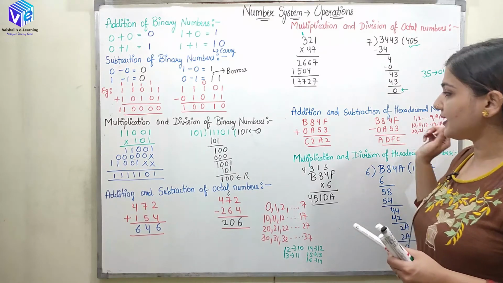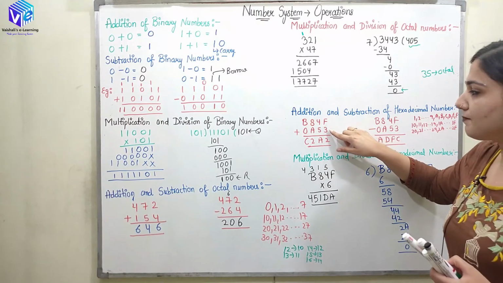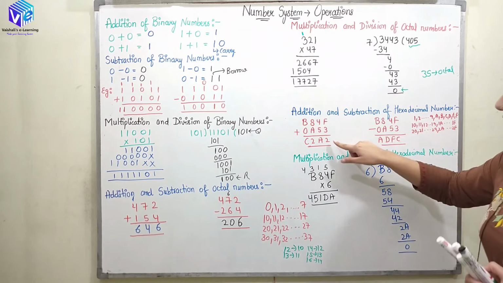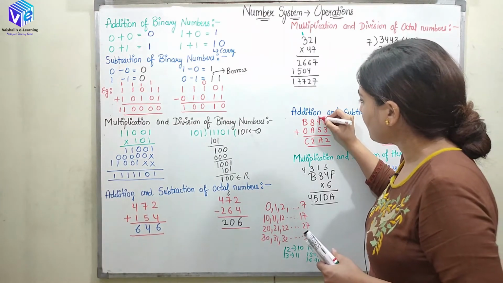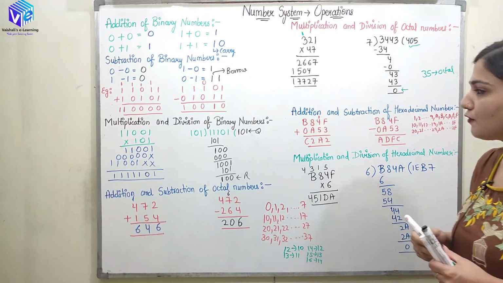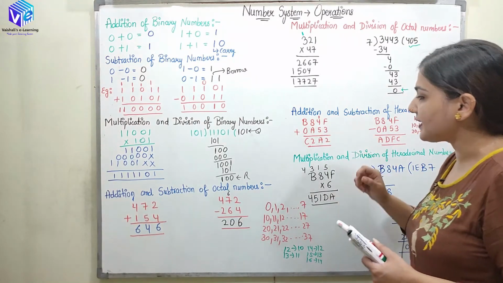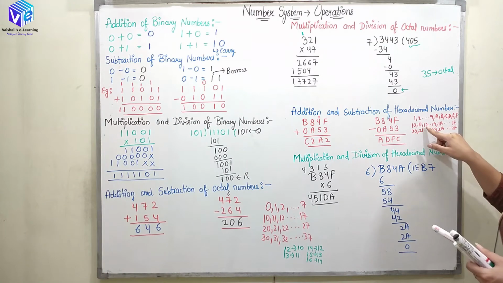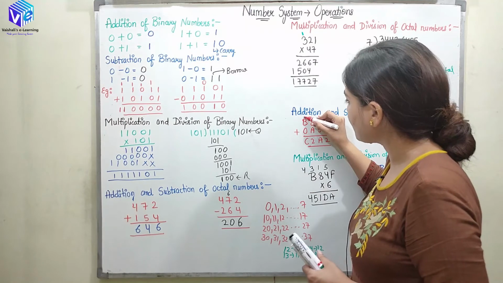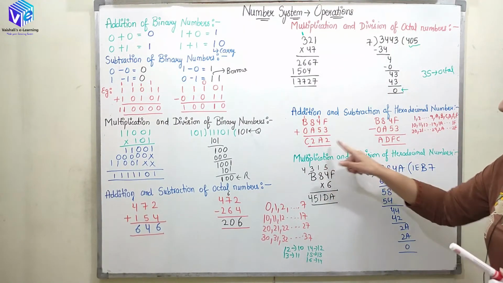So now coming to the addition and subtraction, B84F is added with 0A53. So F plus 3, so either you can move from here, F plus 3 is going to give me 1, 2, right? So here we will be having 2 and 1 with the carry, right? After that we have 5 plus 4, 5 plus 4 is 9, plus 1 is 10, 10 is represented by A. Then we have A plus 8, A plus 8 will be equal to 1, 2, right? So if you move from A and you move 8 positions, you are going to get 1, 2, here you are going to get 1 as the carry, and B plus 1 is C, right? So CA2 is the answer.